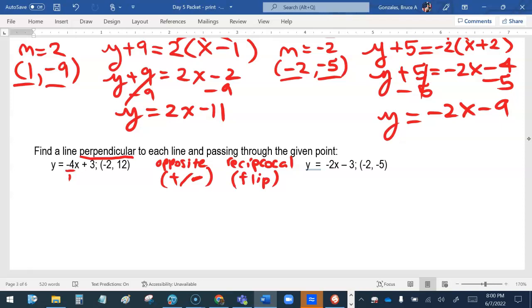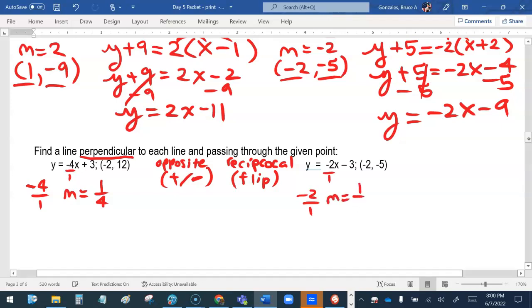Okay, so for m, instead of -4/1, my m value is going to be, instead of negative, positive. Instead of 4/1, it's going to be 1/4. Okay, what about over here? My slope is -2/1, so my m is going to be positive 1/2. All right,